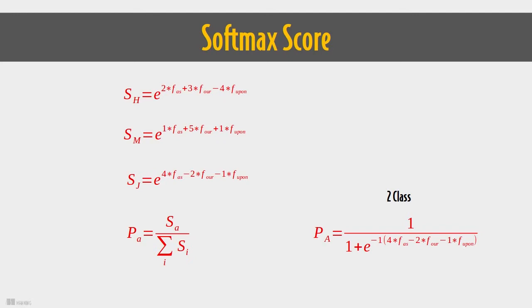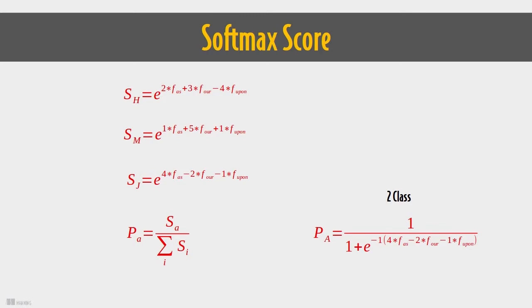So take our previous linear function for Hamilton, and now we're going to make that the power of an exponential e. E, recall, is 2.71, etc. So now each score must be positive, and we can still compute the probability as the share of the total score. Your score now is just this funny e to some linear function. This is known as logistic regression, or multinomial logit model. You'll also hear it called a softmax model.